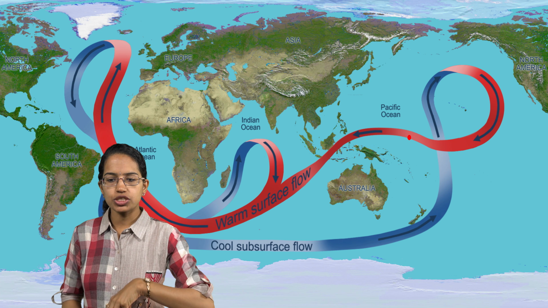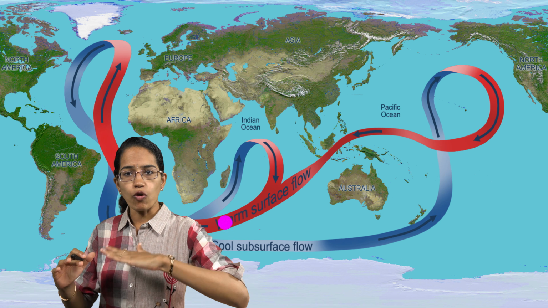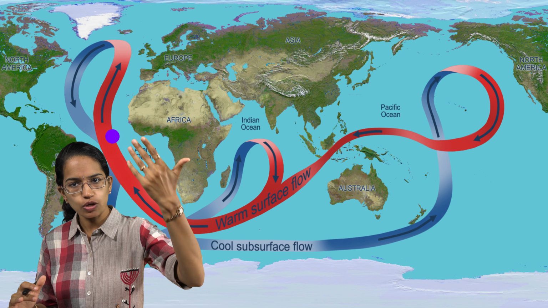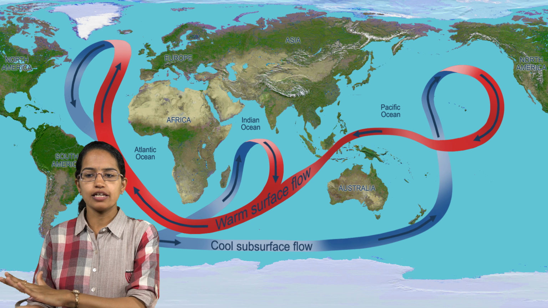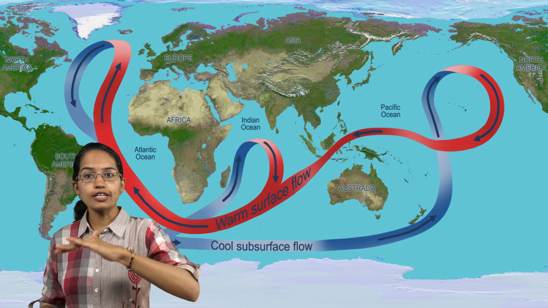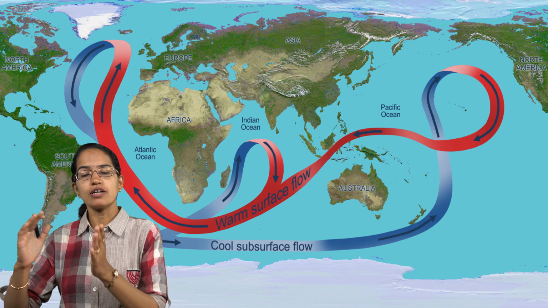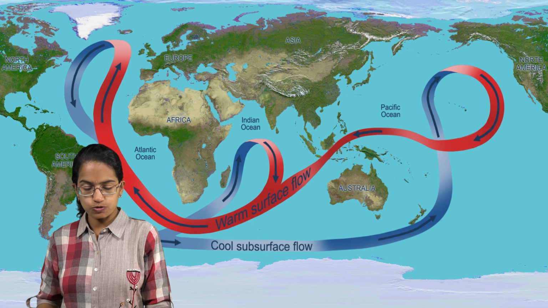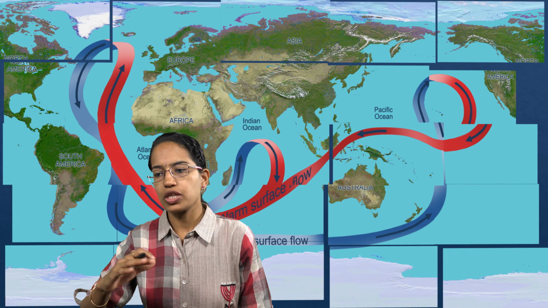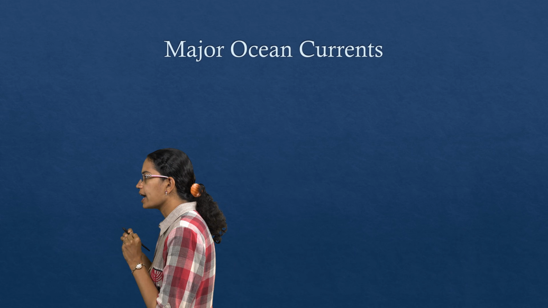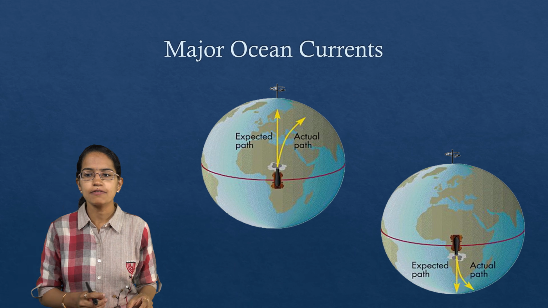So warm currents originate from the equator or the warm areas and move towards the colder areas. They are seen on the eastern side in the low latitudes, in contrast to what we have seen for the cold currents, and on the western sides in the higher latitudes in the northern hemisphere, and vice versa in the southern hemisphere. Now these currents, as we said, are highly influenced by the wind and the Coriolis force.